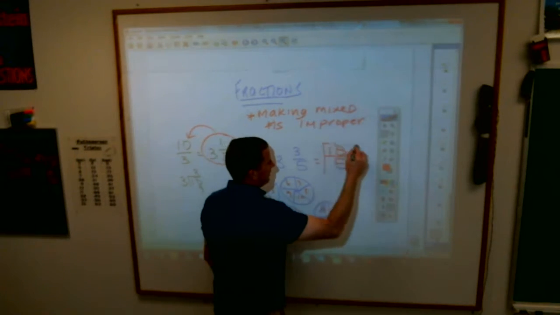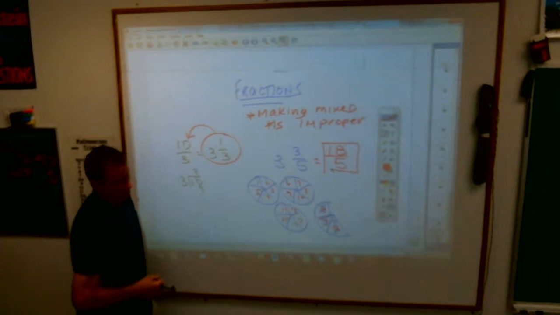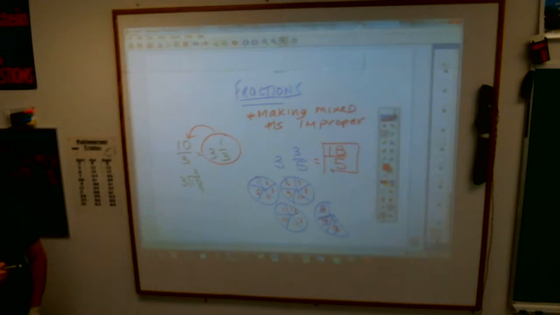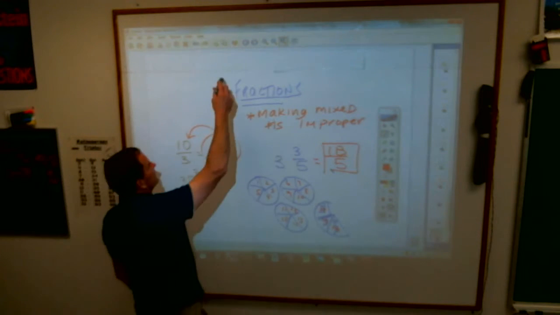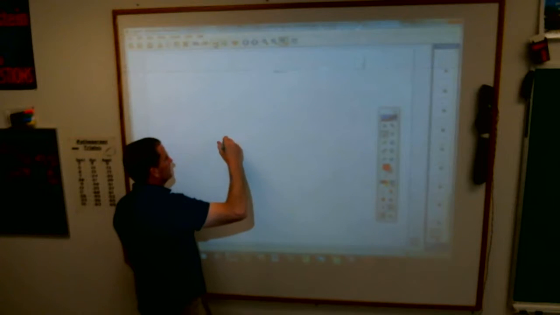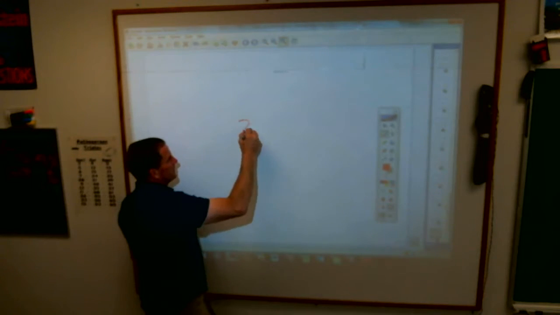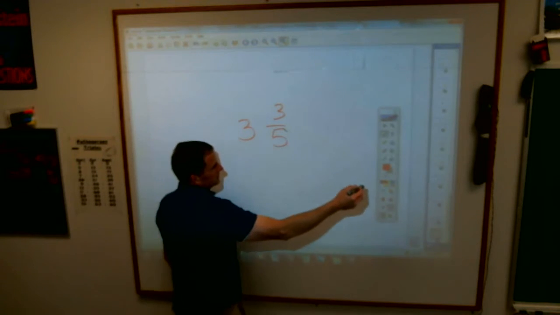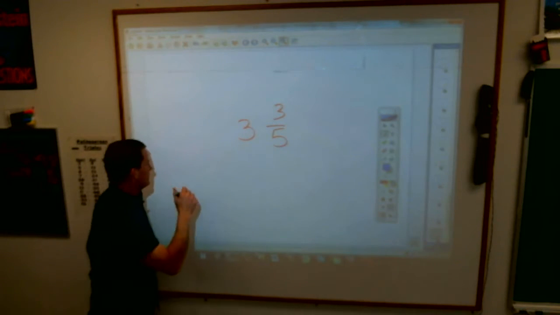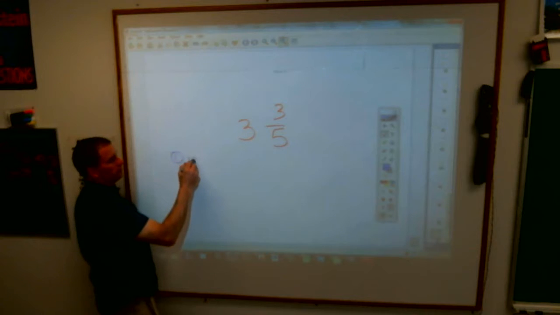Now you don't always want to have to draw circles and cut those into pieces, so there is a helpful little shortcut. Does anybody think they know what it is? Really, nothing? Well, here, we started with 3 3/5. Here is your shortcut. I'll write you down steps. Step number 1 is multiply